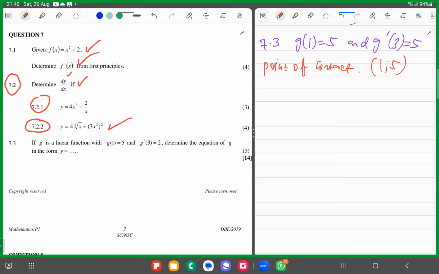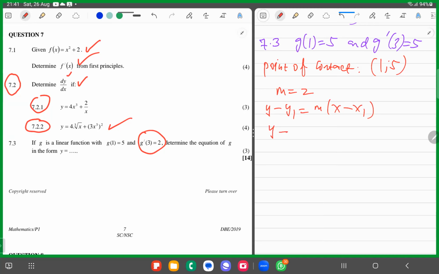And so this m primed equals 2 means that the gradient is 2. And therefore we can use y minus y1 equals m into x minus x1, which means y minus